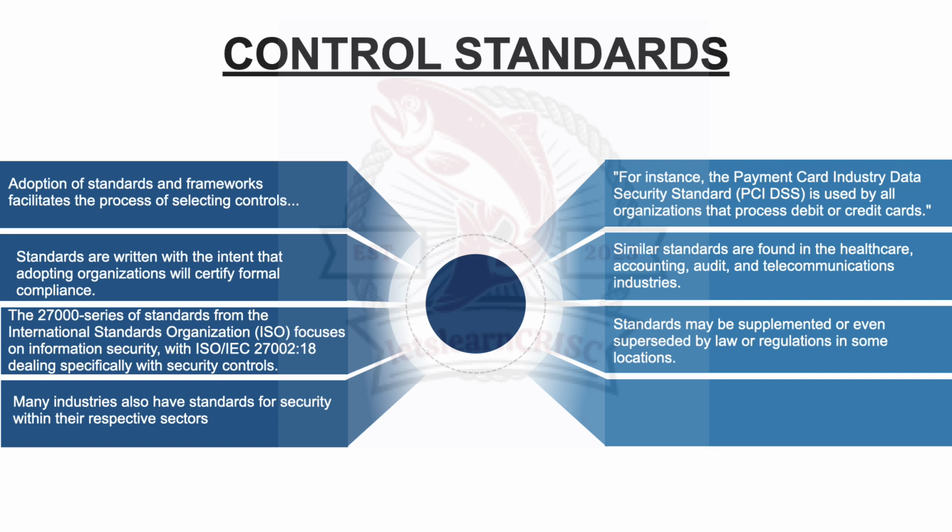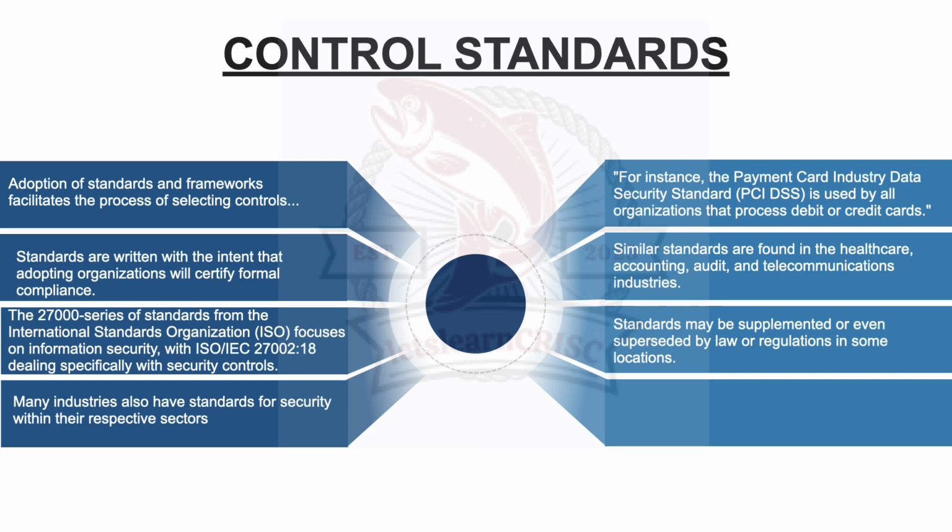In this, superseding standards, right? In some instances, laws and regulations may directly address a subject covered by an industry standard. In such cases, the legal requirement takes precedence, superseding the industry standard. This could happen if the legal requirements are more stringent or if the standard is considered insufficient to address the